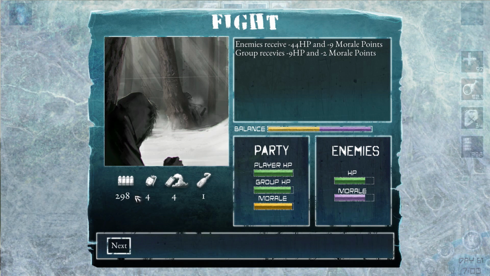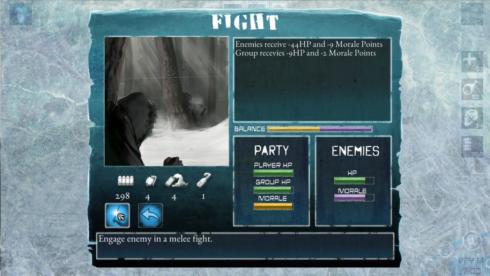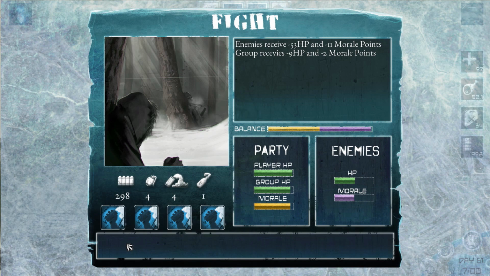Let's go ahead and engage these guys in a melee fight. We did more damage to them. Good. So this is a fight that we should be able to win. What's happening here? I have no idea what that was about, but sure. What's happening with my... Why am I not getting an option to...